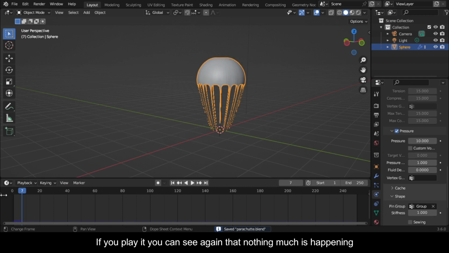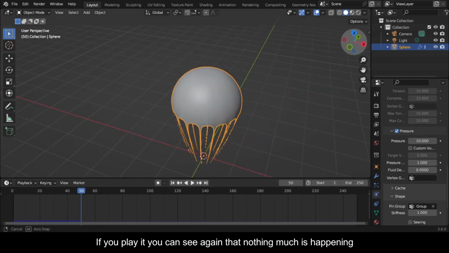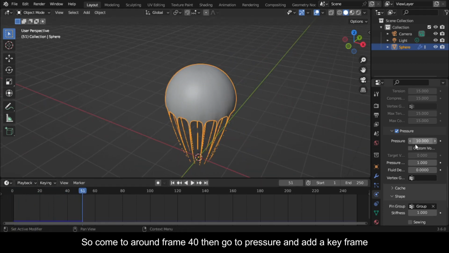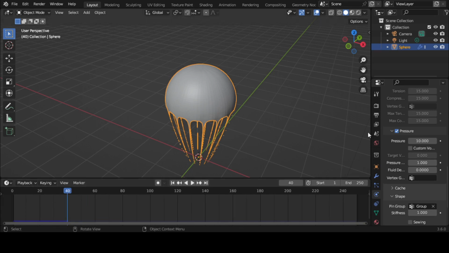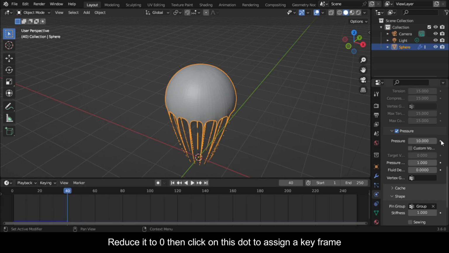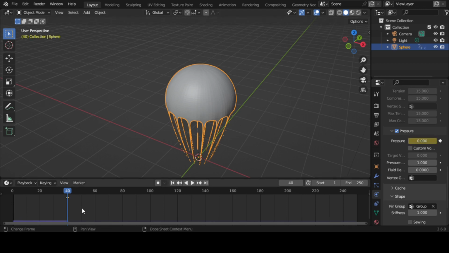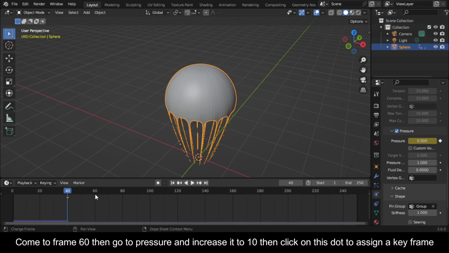If you play it you can see again that nothing much is happening. So come to around frame 40 then go to Pressure and add a keyframe. Reduce it to 0 then click on this dot to assign a keyframe. Come to frame 60 then go to Pressure and increase it to 10 then click on this dot to assign